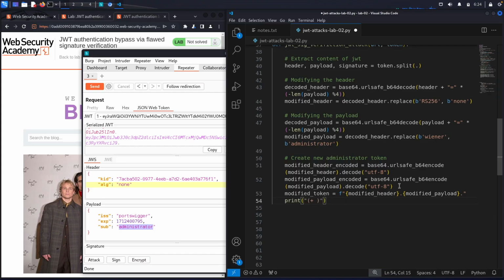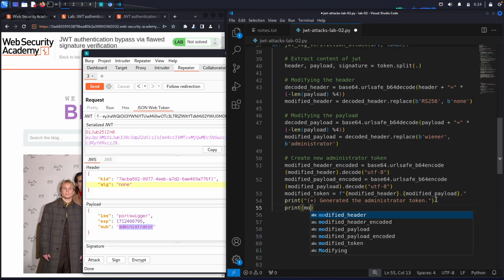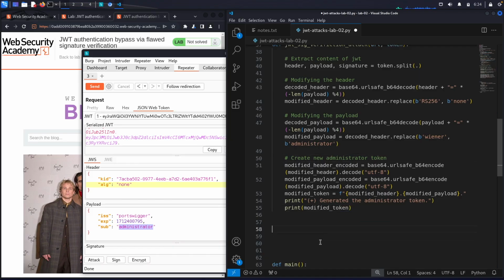Okay, and then I'm going to print that it generated the administrator token. And I'm actually going to print the modified token